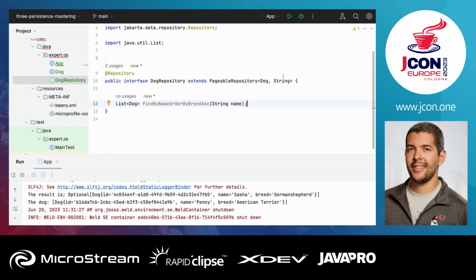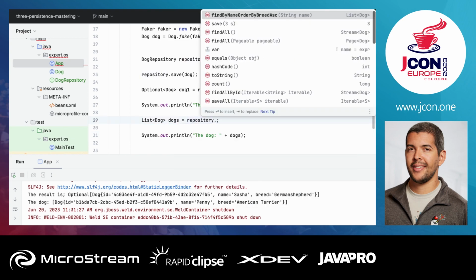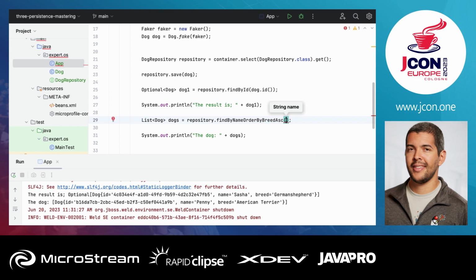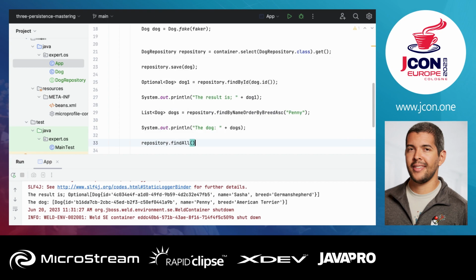So I come here, ordered by breed, and then I will replace everything here with the repository. I remember it was Penny, right? Something like that. And you can also return all the dogs. Find all,